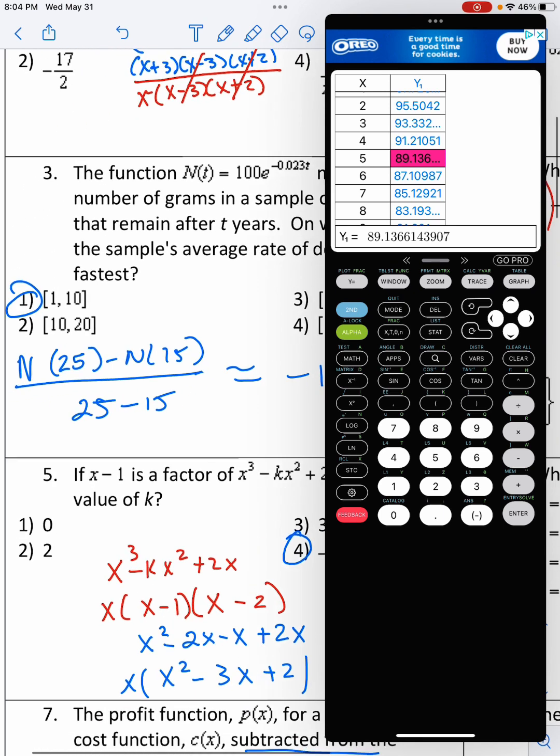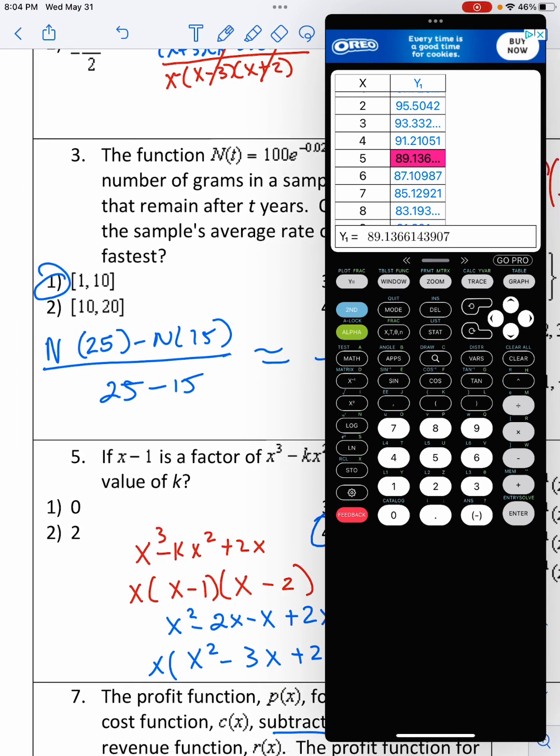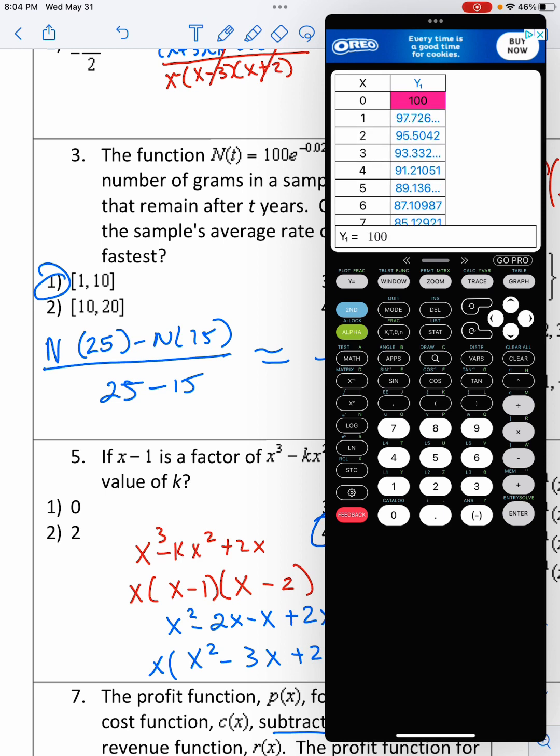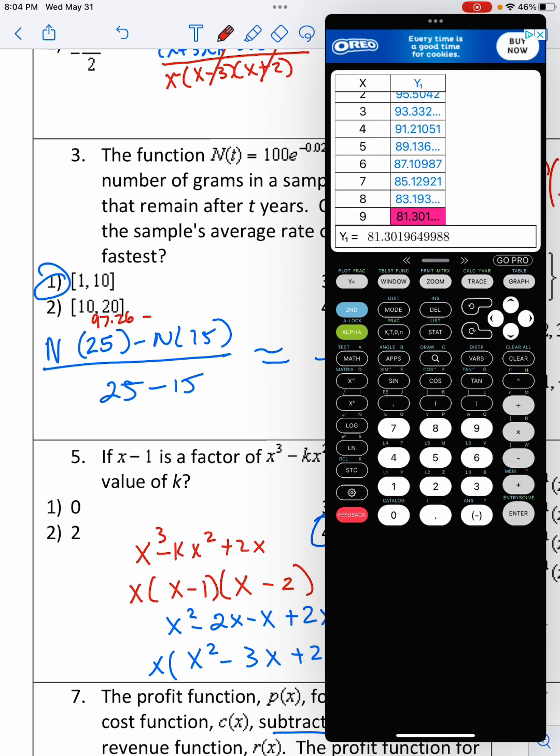So if we're taking a look from 1, which is 97, so I'll put that in another color, 97.26 minus 79.45 over